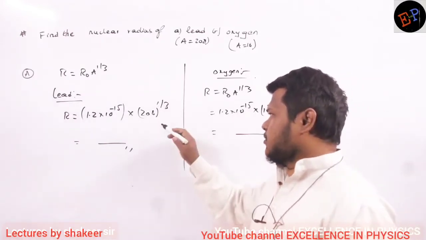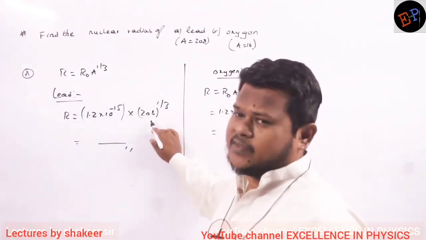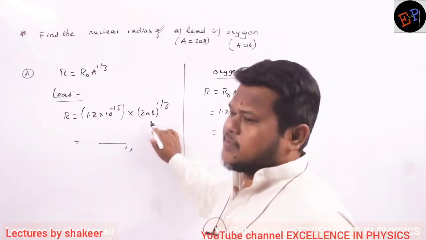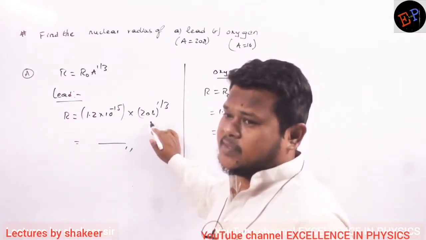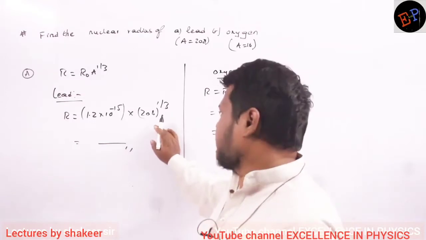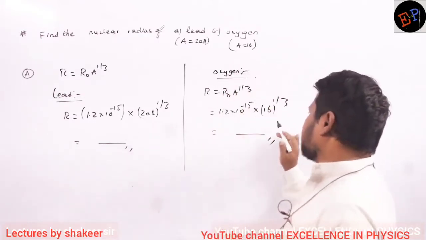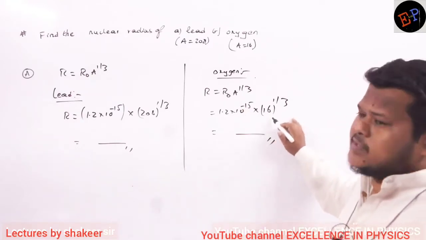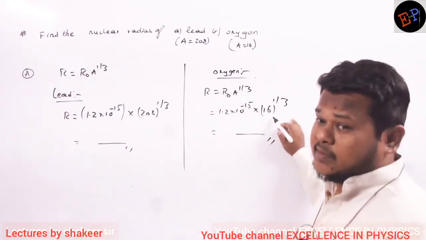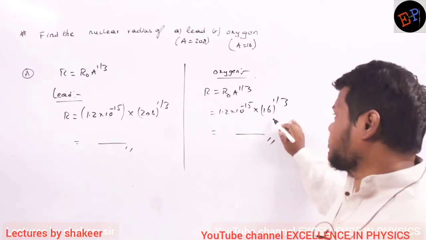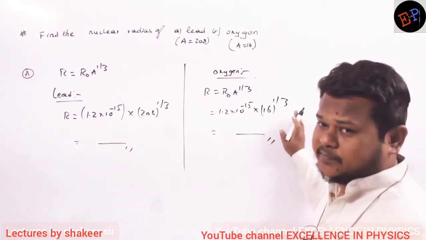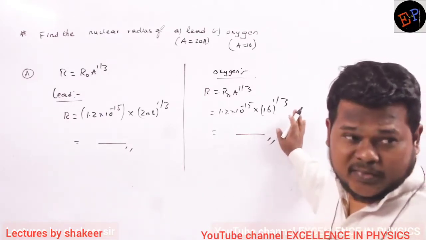For example, you can take 5 5 0, 25, 25 5 0, 125. So you take 6 6 6 0, 36, 36 6 0, 190 something you will get. Approximately you can take this value of 16 as 190 something. So this also, 2 2 0, 4, 4 2 0, 8, 3 3 0, 9, 9 3 0, 27, so it will be between 2 and 3. Are you able to understand? Like that you can take approximate values.